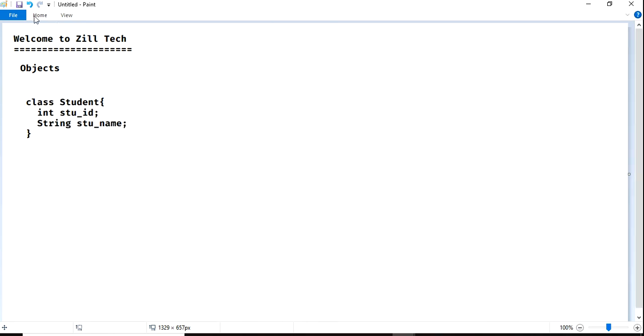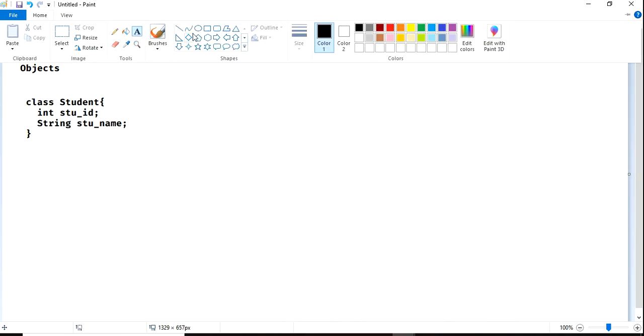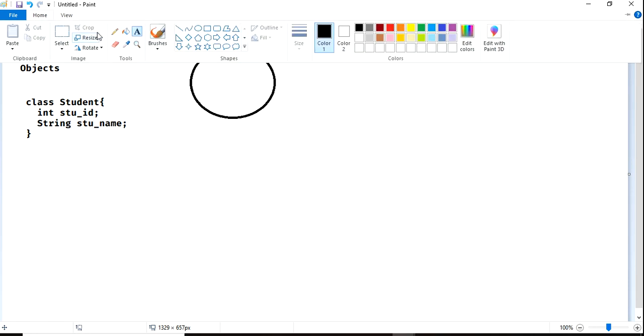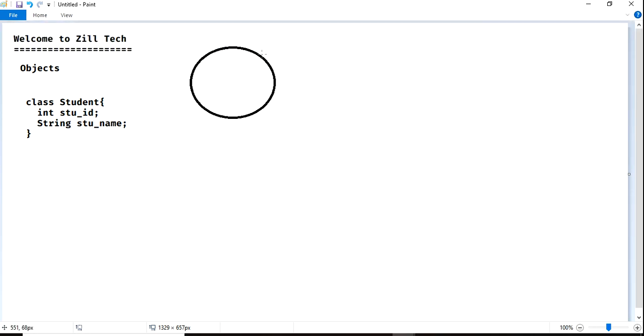To store this data, we need an object. If you create an object, for one object it stores only one data. If you create an object with s1, Student s1 equals new Student, all the data has been loaded here.